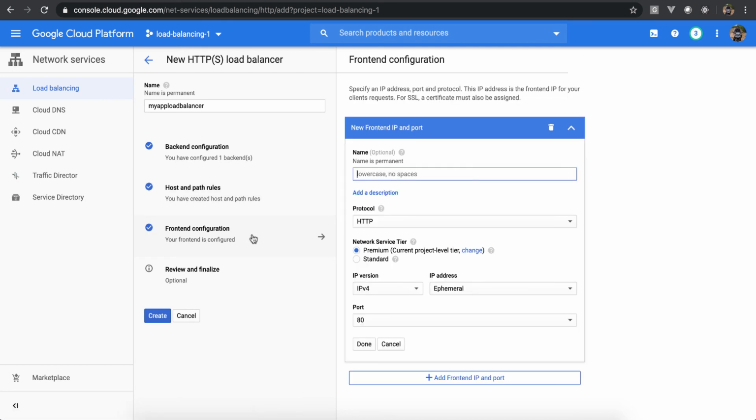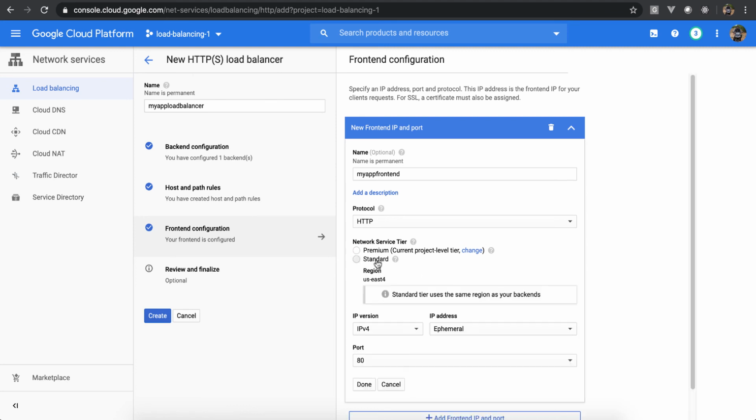Next, front-end configuration. This is where we say how we want our load balancer to grab the IP address. So this is for the load balancer. We will say my app front end HTTP, because we don't really have a certificate. Premium gives you better performance. We don't really need that, so we'll just say standard, and we will say create IPv4, a formal IP address,